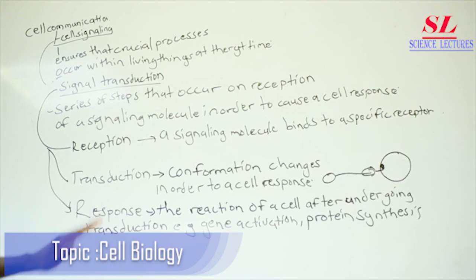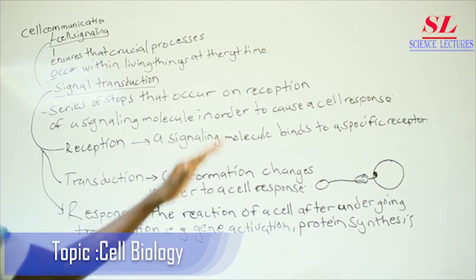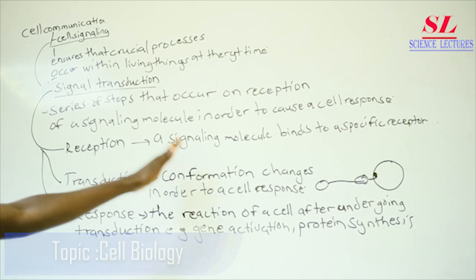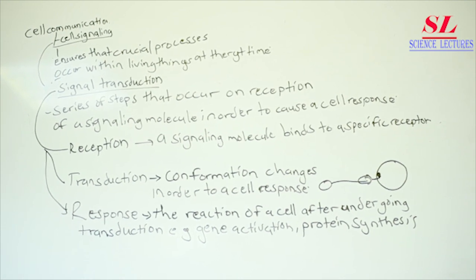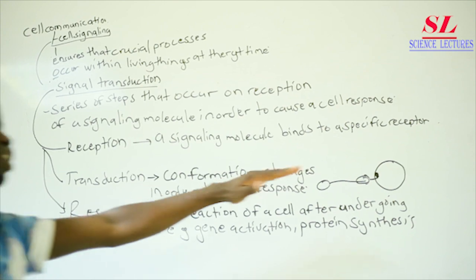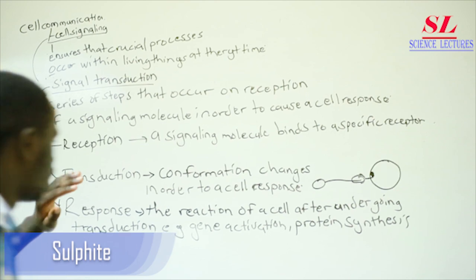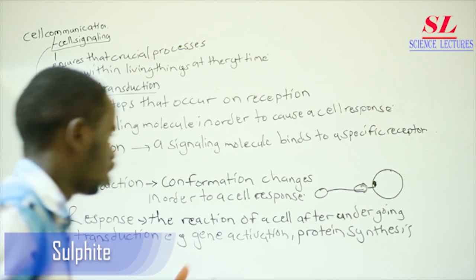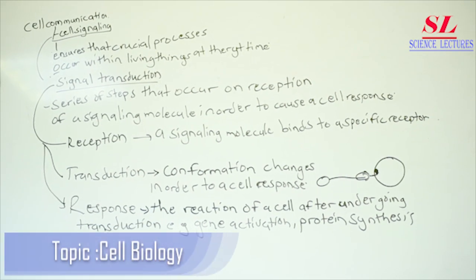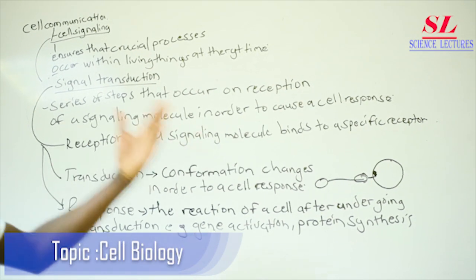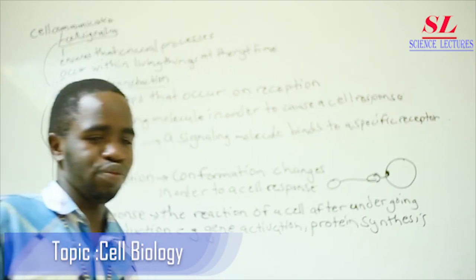So basically that is it. You just need to know that signal transduction is just a series of steps that occur on the reception of a signaling molecule, then that causes a cell response. The cell response doesn't just come out of the blue. The signaling molecule must first be received on the cell surface membrane or within the interior of the cell. Then we shall have some conformational changes which we call transduction, and then later the cell will respond by undergoing various changes. We say it can either be gene activation,